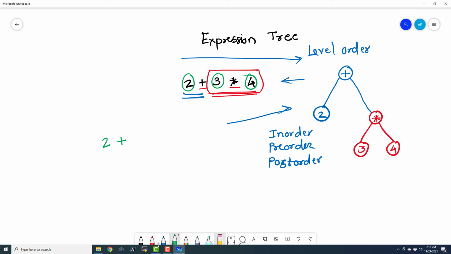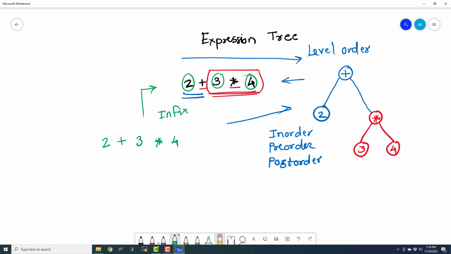Before writing the parent node, we write the left subtree. And here, since it doesn't have any children, I'm going to say 3. And here I'm going to say multiplied by, and then again the right subtree. And since it doesn't have any children, I'm directly writing it. So now we get the original expression, and it is also known as the infix expression.